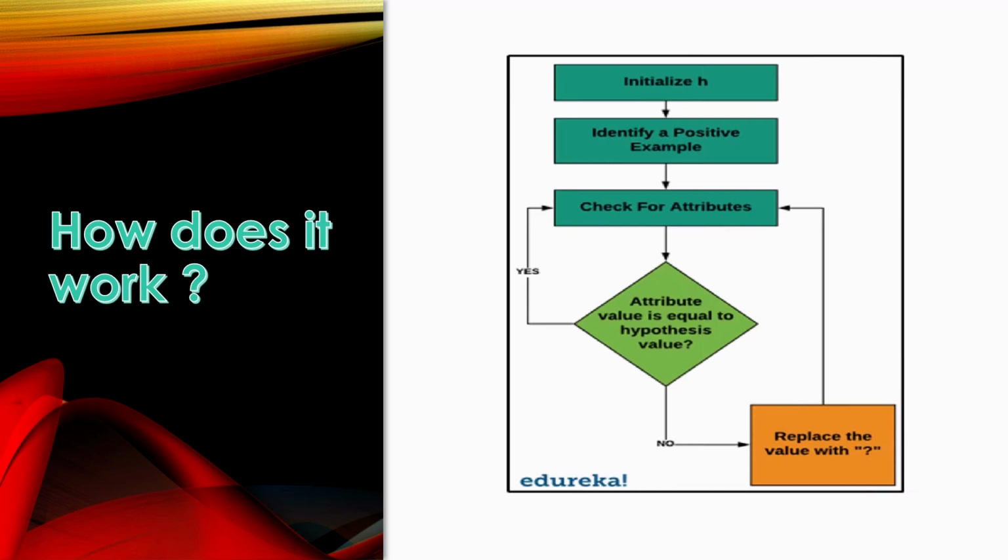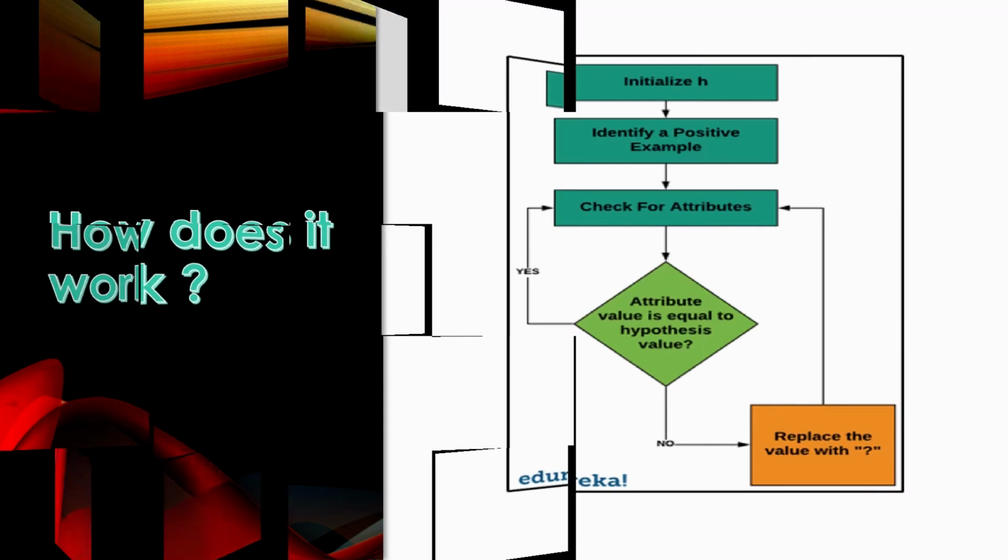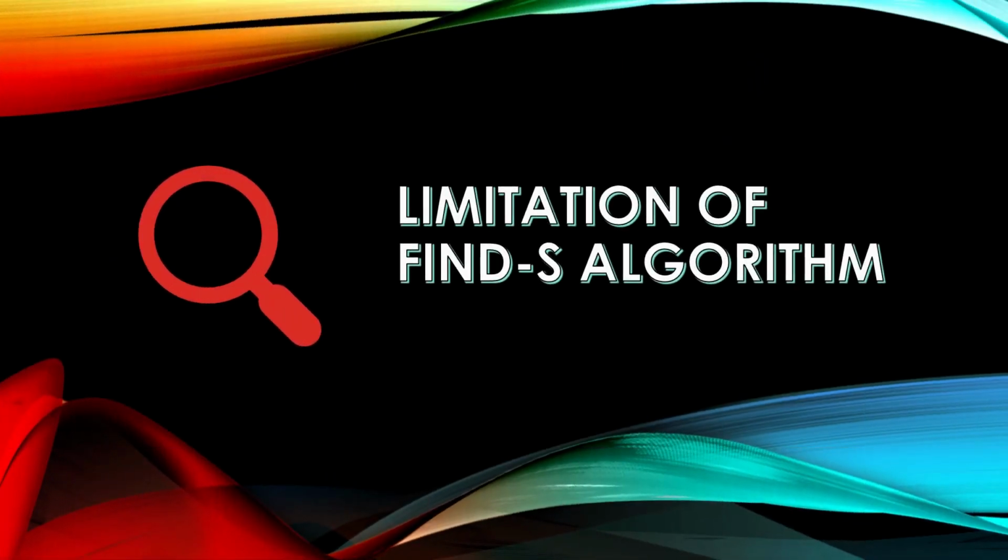As you can see in the diagram, we also have a flowchart. We are initializing H first of all, and then we are checking for the next step subsequently. Now, keeping all this in mind, there are a few limitations of Find-S algorithm as well. Let's take a look at a few of these limitations of Find-S algorithm, which are: